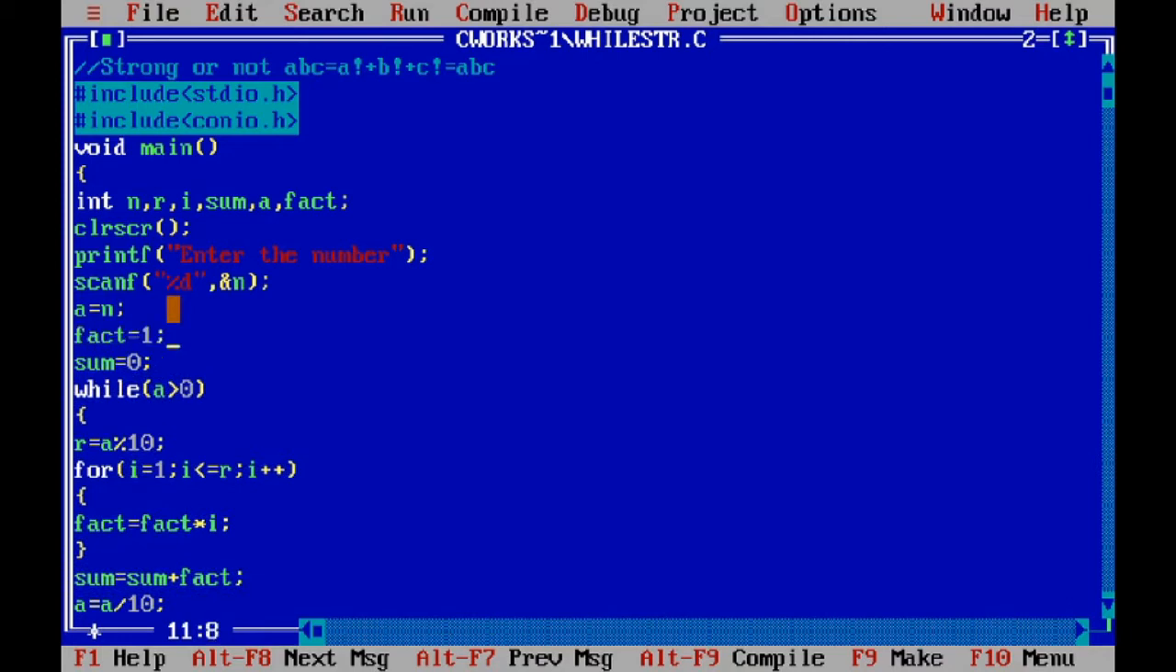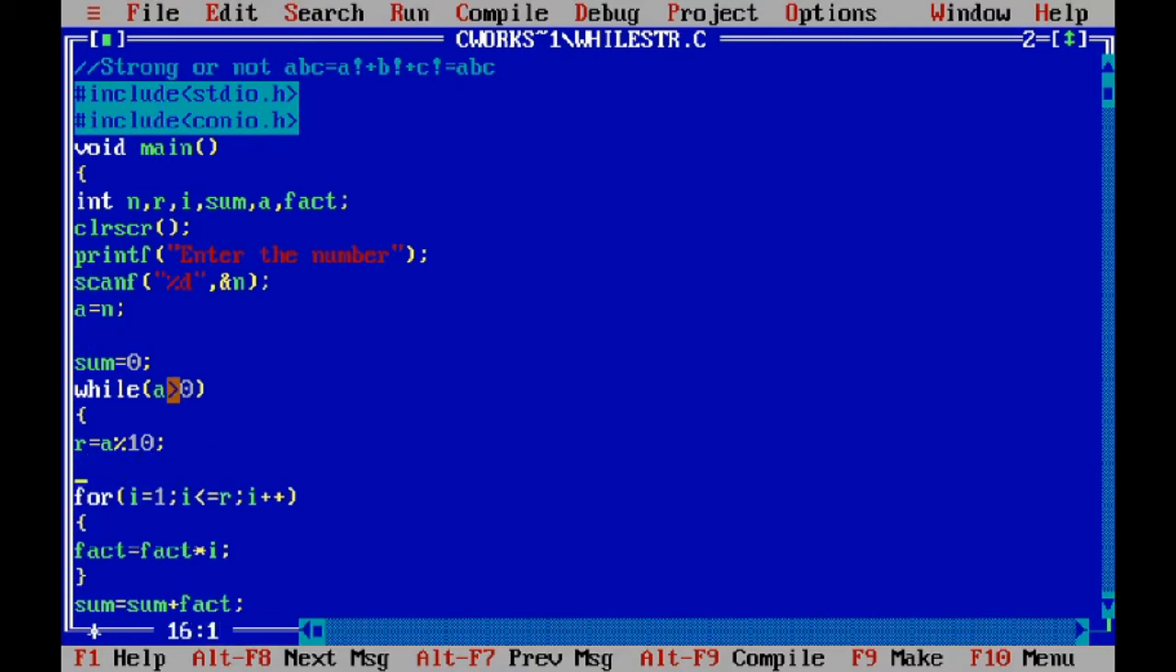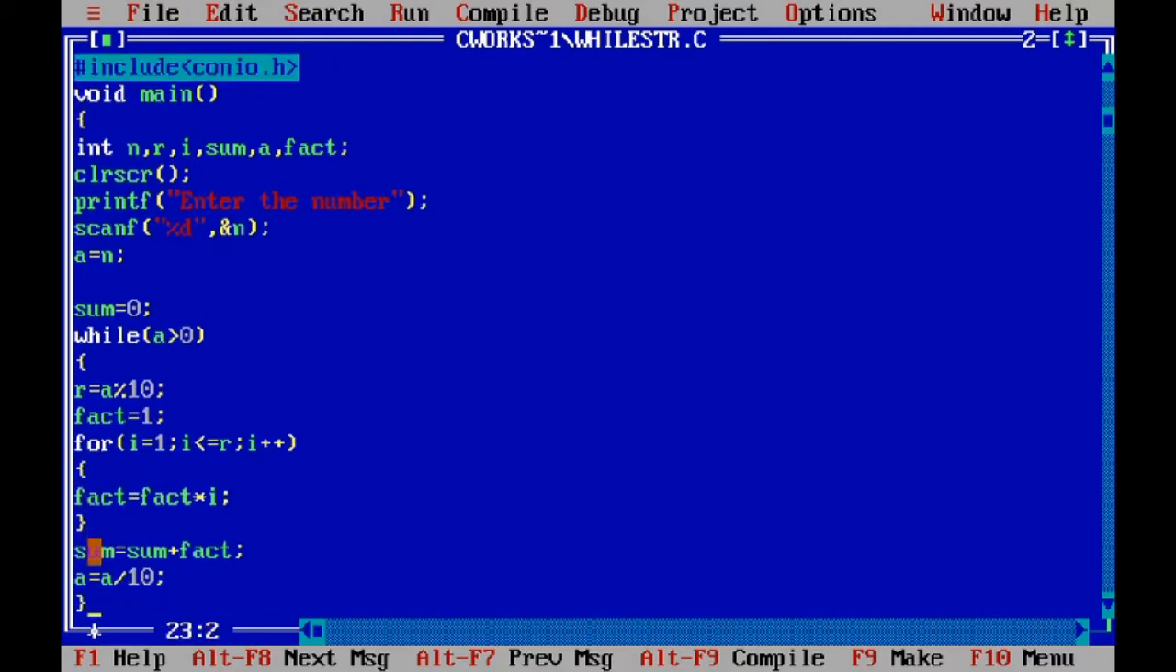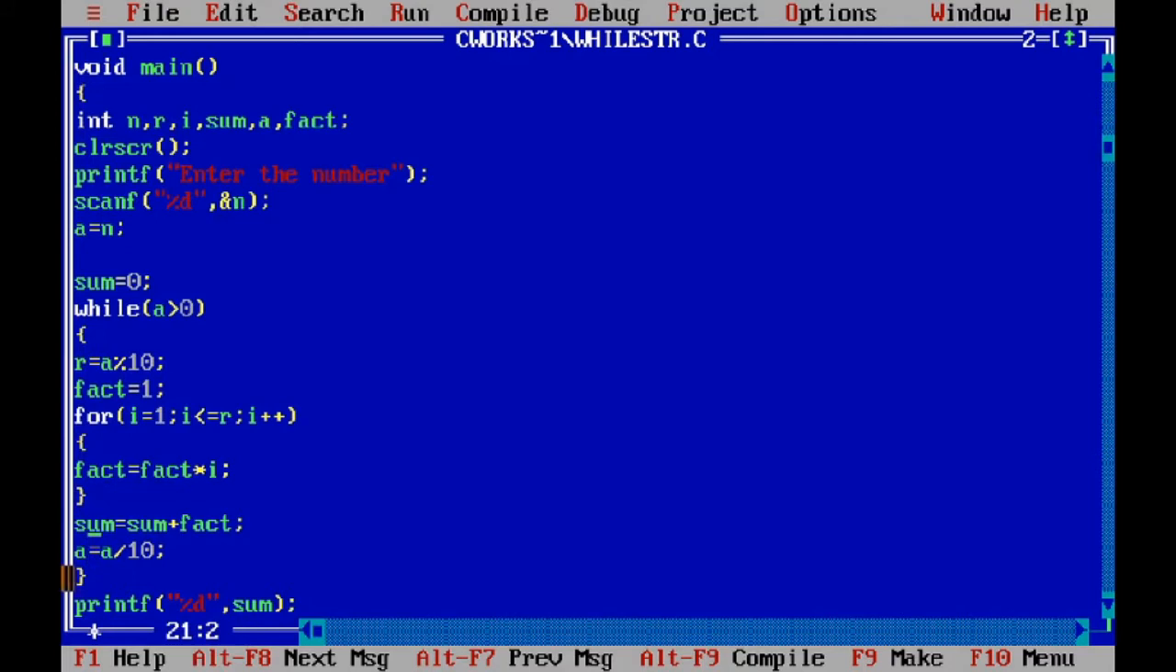Initially this value is 1. You can declare this fact equals to 1 before the for loop. Give the value here, fact equals to 1, and then calculate the factorial of this number. Store this factorial in this fact, and then add this factorial to the sum. So sum equals sum plus fact, and after this a equals a